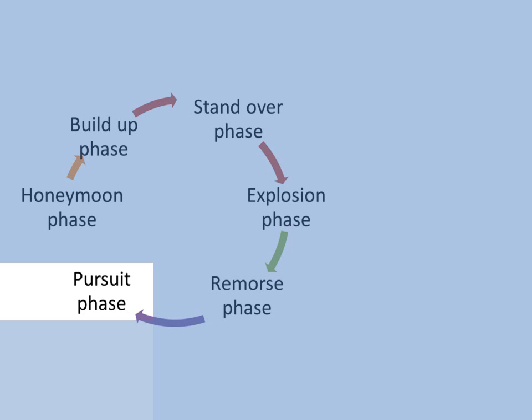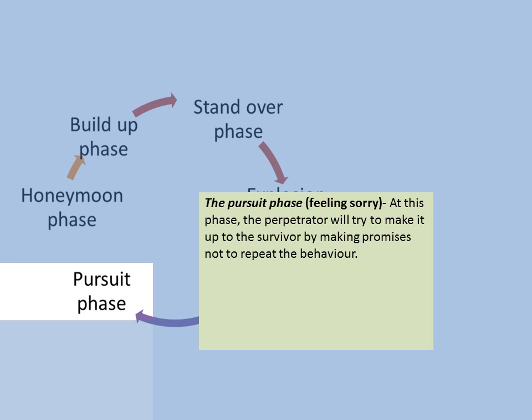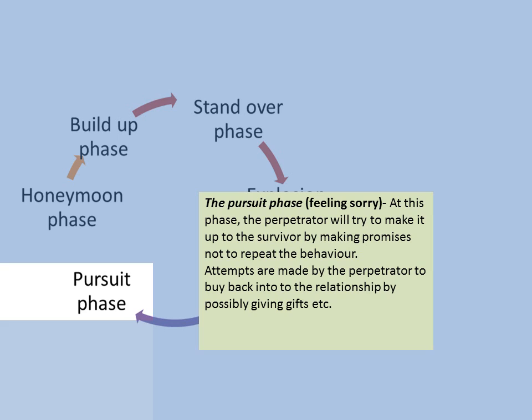So logical follow-on from that is what we call the pursuit phase. And that's where the perpetrator tries to make up to the survivor by making promises not to repeat. Attempts made by the perpetrator to buy back by giving gifts, by saying sorry, by saying it'll never happen again, by buying flowers. The survivor might still be frightened, but is just so damn relieved that the violence is over, that what they wanted more than anything was to think that the violence has ended. So they're quite willing to believe that he or she has said they're sorry, that they've bought flowers, that they've moved on. So it's what they want to hear more than anything, and so therefore this pursuit phase sadly then leads on